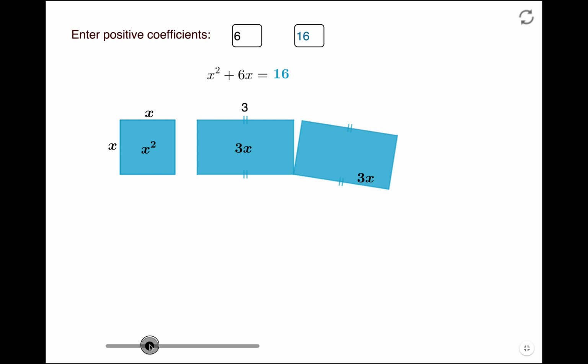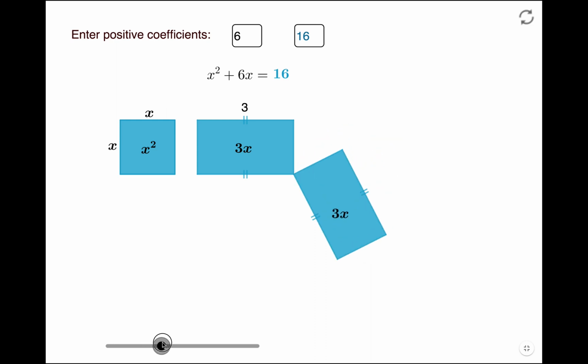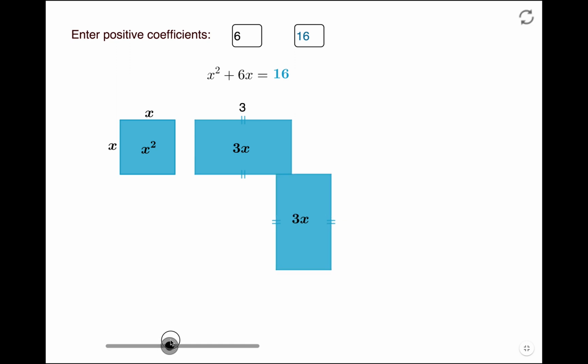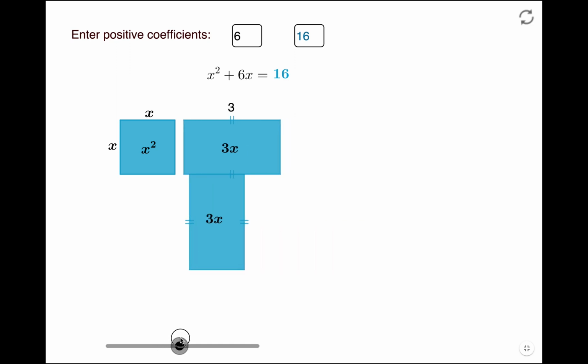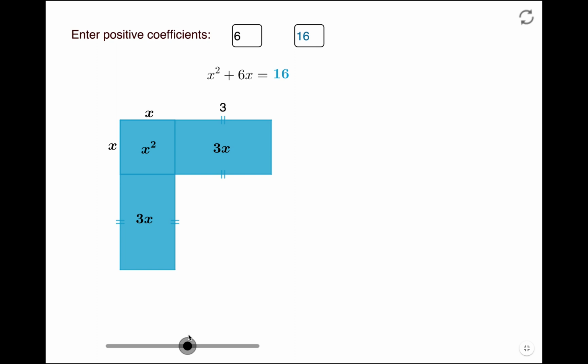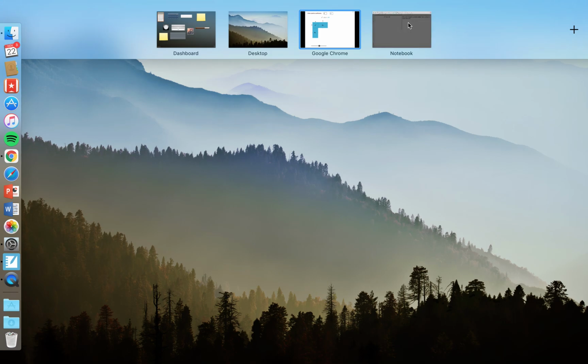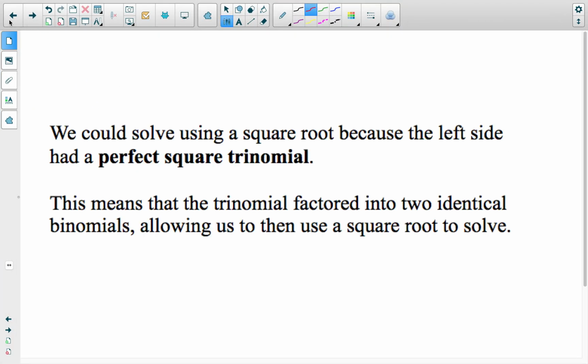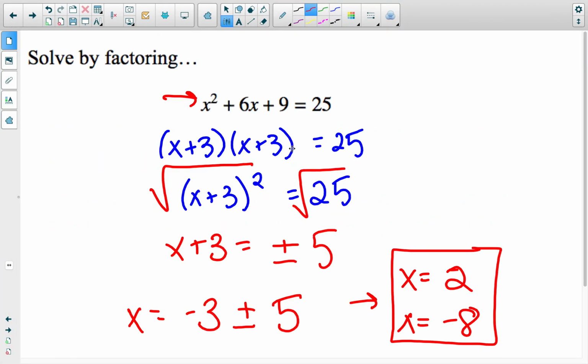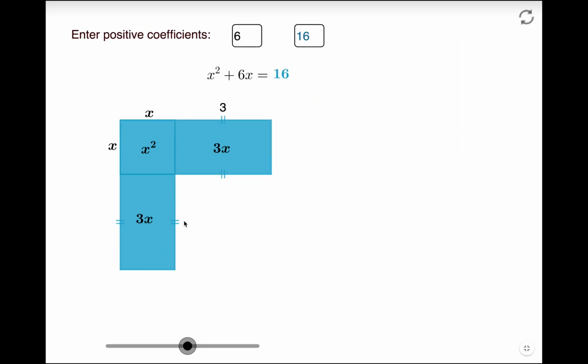That's where we're getting the idea that we can write it as two identical binomials, right? And then this right identical rectangle is going to come down and around. We're going to close some gaps here. And now what are we looking at? We're looking at an incomplete square, right? So we have a new square with side lengths x plus 3 and x plus 3, right? So that's where we're rewriting it as x plus 3 times itself, okay? And it has to equal the same area, so